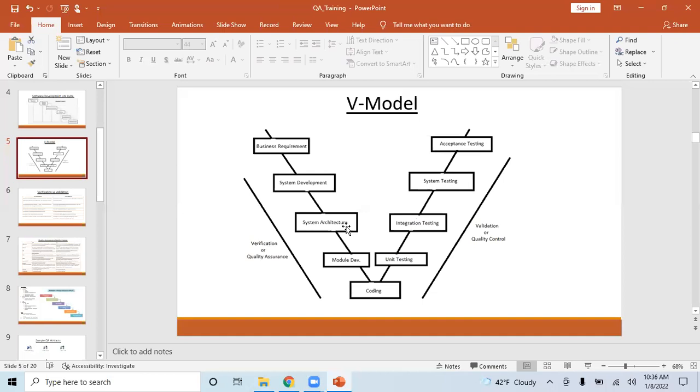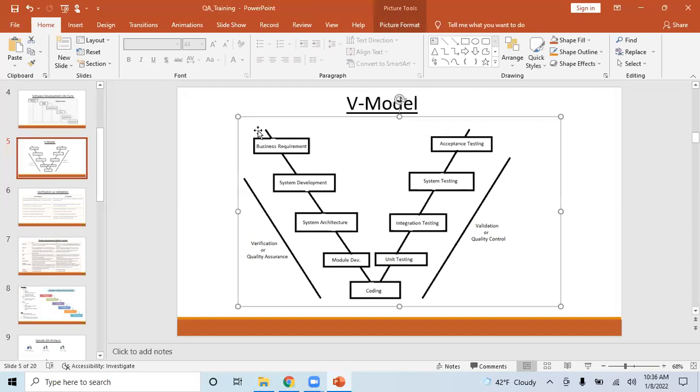So this V model is not only for testers. In a project, irrespective of our testing team, what kind of testing will happen can be done by anyone. Unit testing is done by the developer, and system testing is done by the tester.